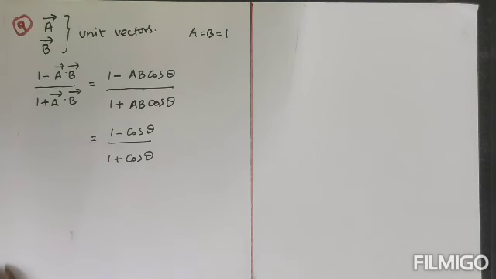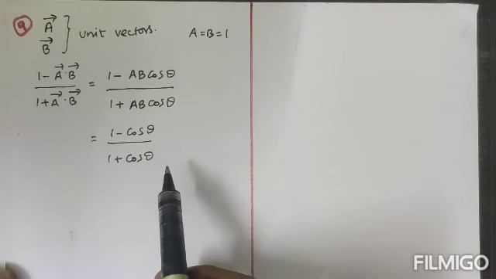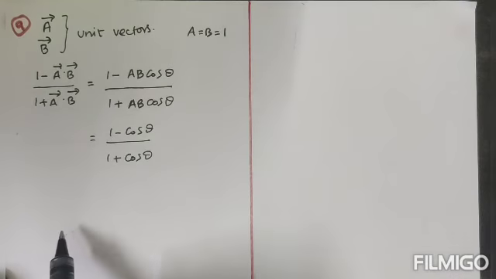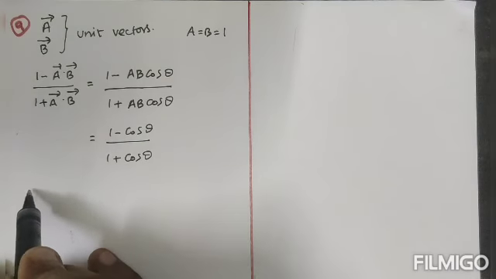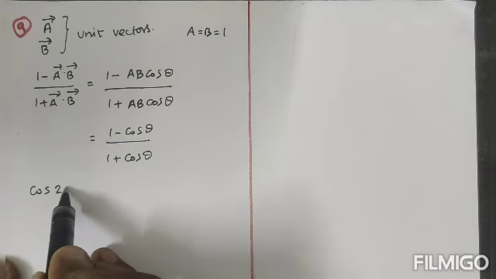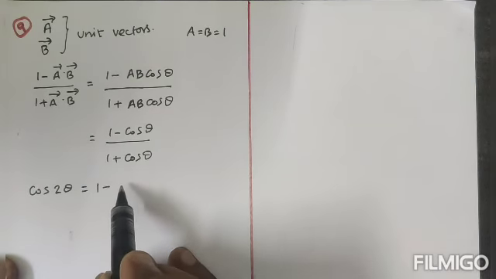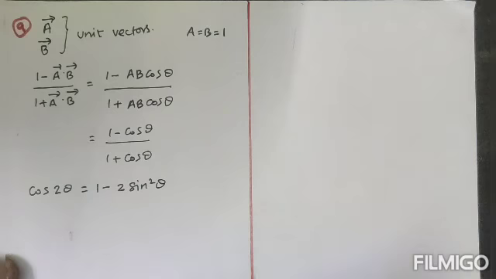So this value only we are going to derive now by using the mathematical concept. But if you focus on all the options, they mention theta by 2. So we want to choose a cos-based trigonometry formula along with theta by 2. We know the formula: cos 2 theta is equal to 1 minus 2 sin squared theta. This is one formula.